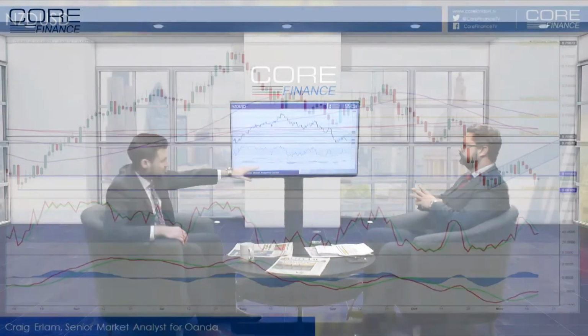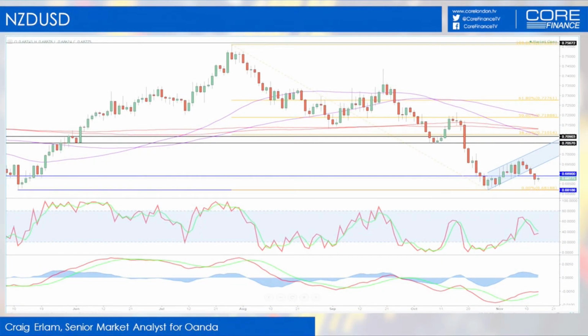about 69.75, which was the high we made in that rising channel, because what we could potentially be facing up to here is, rather than a bearish continuation, what we may actually be looking at is a double bottom, the early stages of a double bottom forming. So I'm getting a little bit ahead of myself with a double bottom, but I just wanted to highlight that